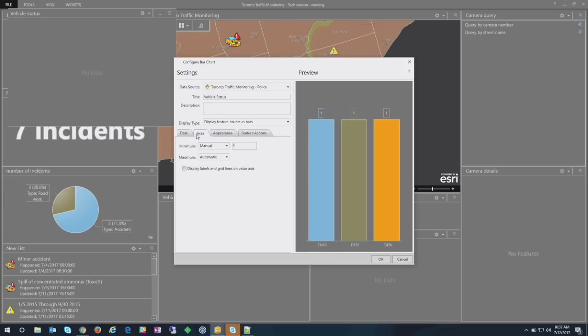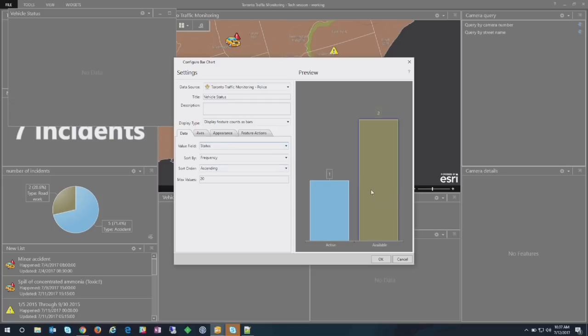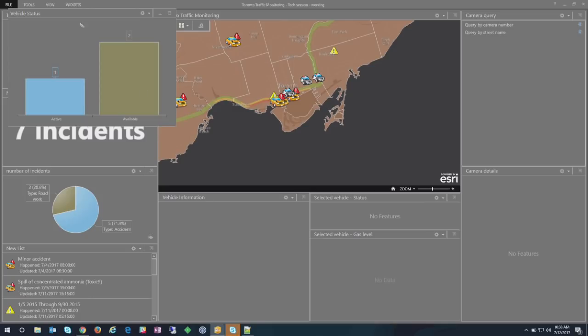And you can see that I'm moving these around a little bit. So you have a little bit of flexibility that comes in here. These are all dockable and can be placed wherever you want. So